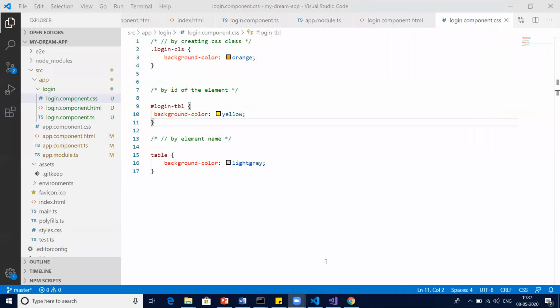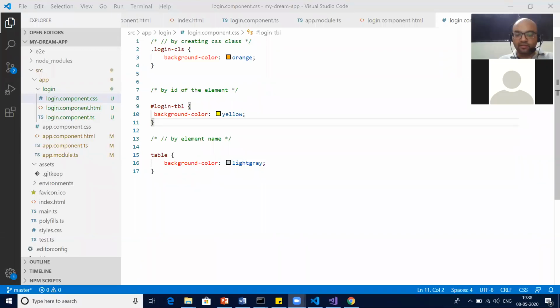Yellow I have given in the ID. No, it's not about style URL. So what I'm saying is the yellow I have given in the ID, so ID is going to win. Correct? So first preference will be given to ID. Or you can say ultimately ID is the one which will get the overriding authority or priority. Okay.